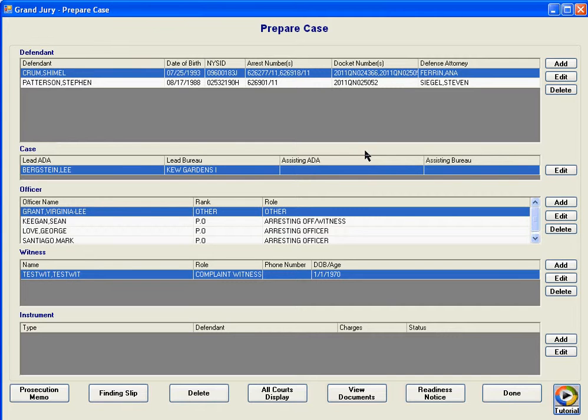So what we have here is the prepare case screen, and this is the kind of home base for working on a case. What you're seeing here initially is a section for defendant information, case information, officer information, and witness information. Now you'll notice that all this data is mostly filled out already, and that's because we're pulling over data